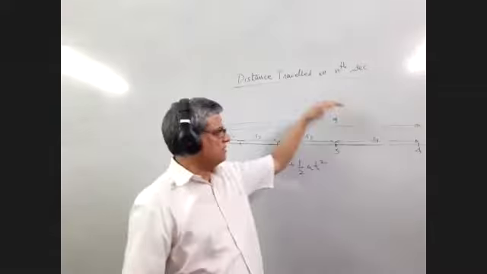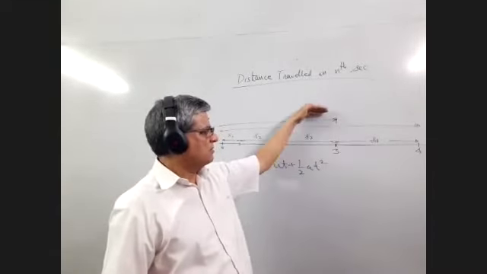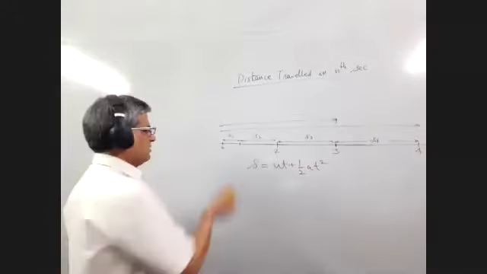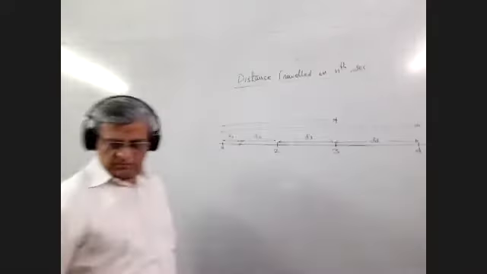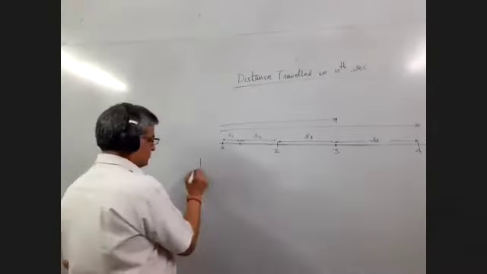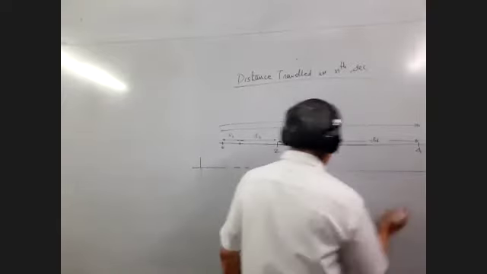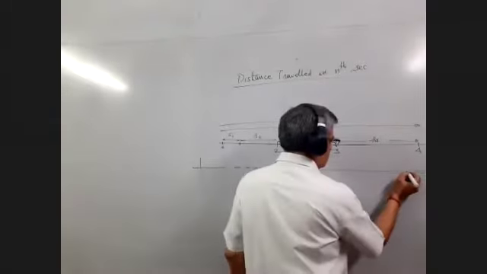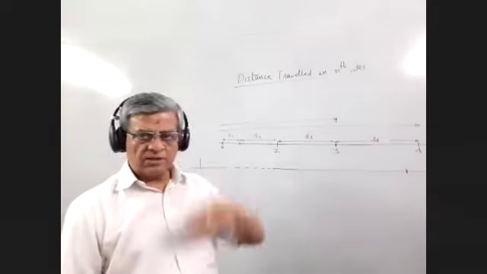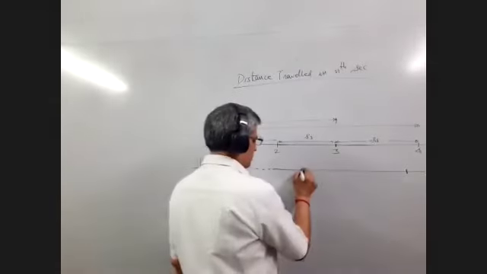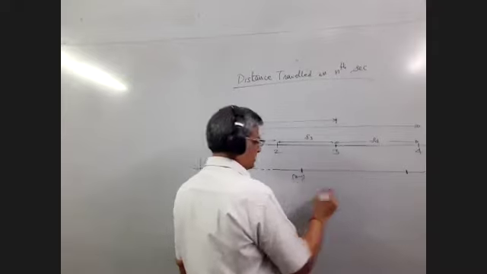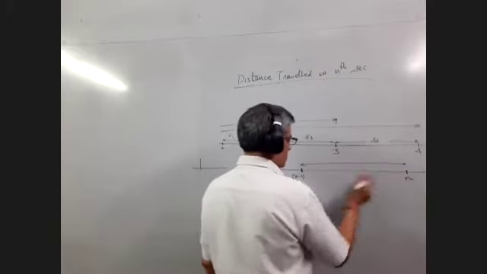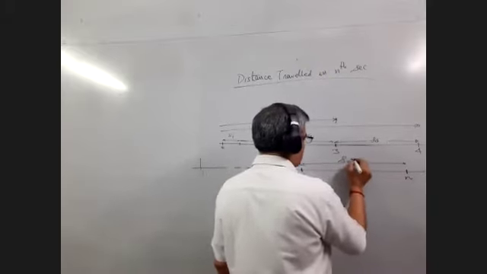So if I subtract these two, I will get S4. So in general, if I say that from some initial reference point, after n seconds, the body is at this location, and at the n minus 1th second, it was here. This is n minus 1th. This is n. So the distance covered in the last second, this is the nth second, is represented by Snth.